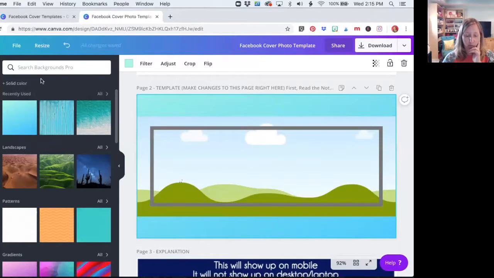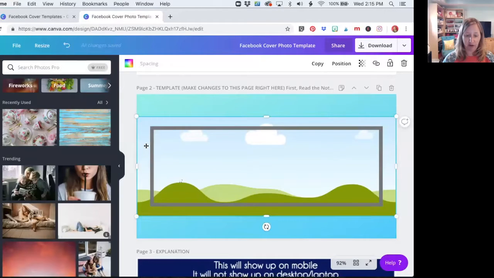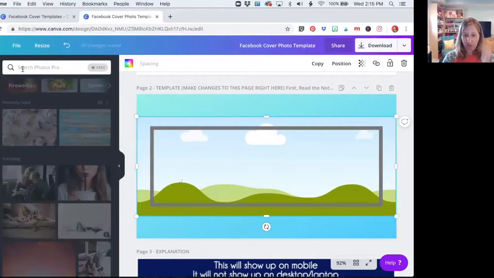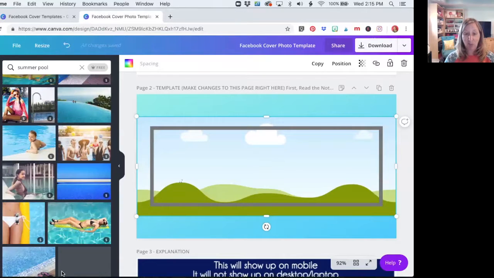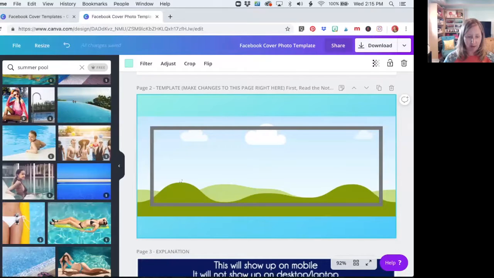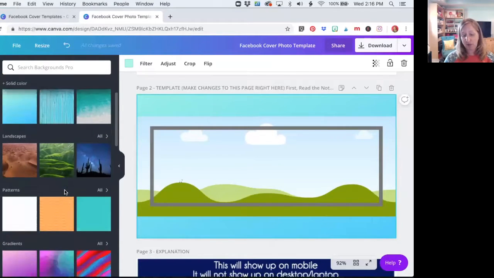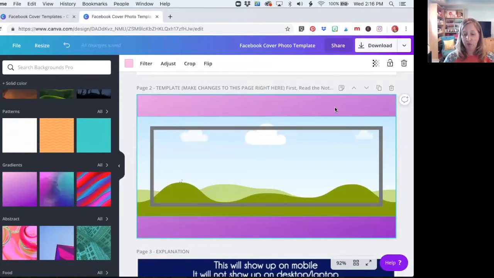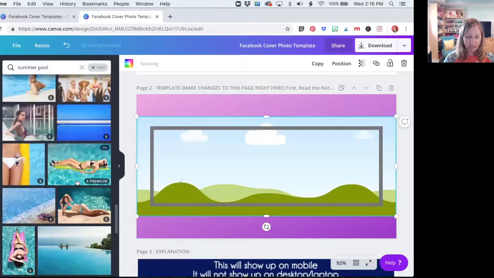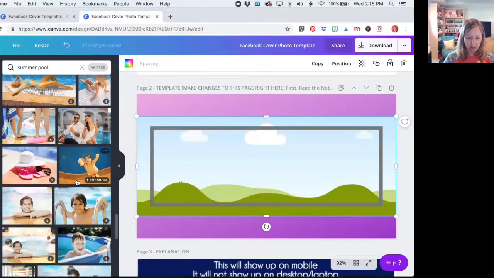Also, if you're searching, let's say, for a summer pool image, because these are all blue, and let's say turquoise is one of my brand colors, I'm not going to want this to also be blue. It's just kind of a lot. So I'm going to go back to my background colors, and I'm going to pretend that one of my other colors is purple. Okay, so I'm going to do purple for my background color, and then I'm going to go back to the photos, and I'm going to choose a pool image,